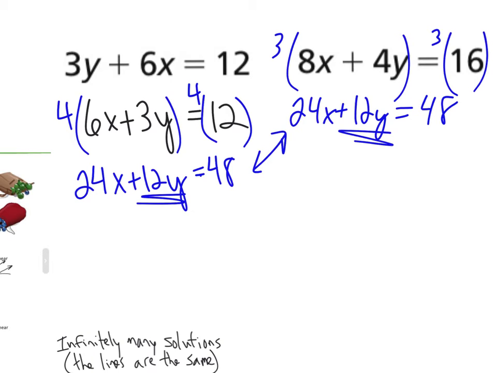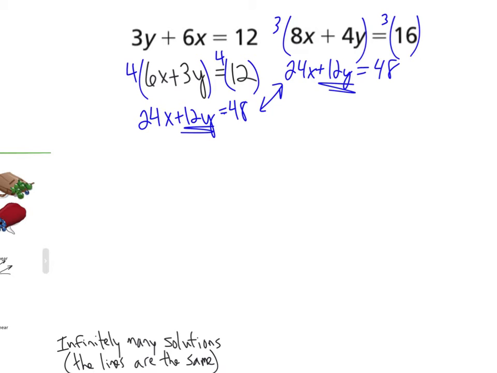If all the other parts happen to be the same as well, then I know that those lines are the same. This is a little bit of a gamble because if they don't come out exactly the same, then we probably still would have to solve for y, figure out if our slopes are the same and stuff like that. And then another option,